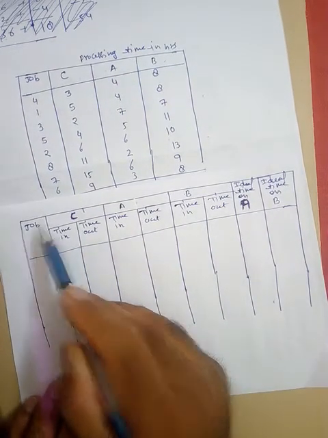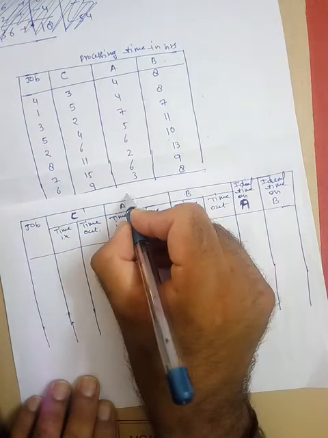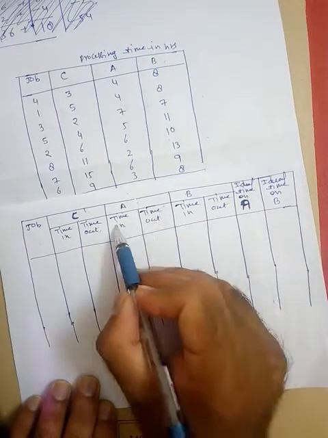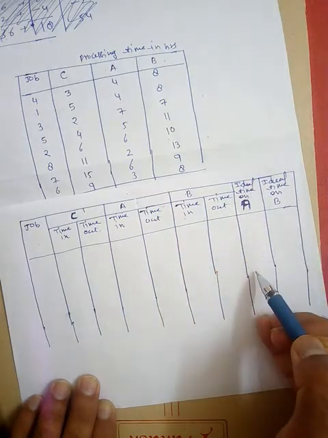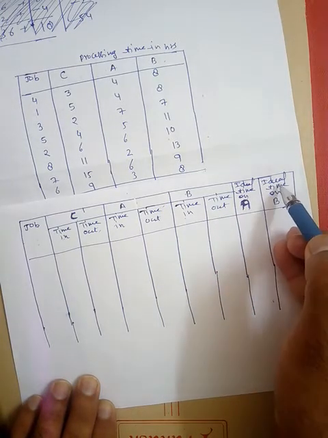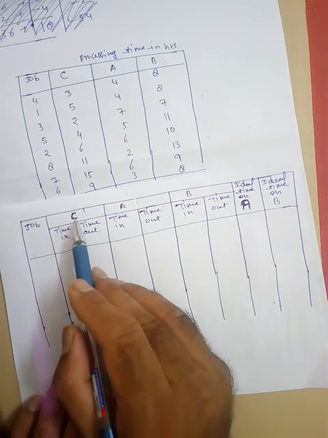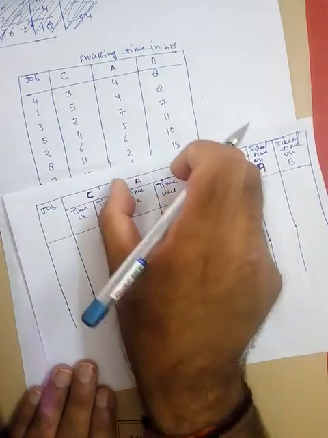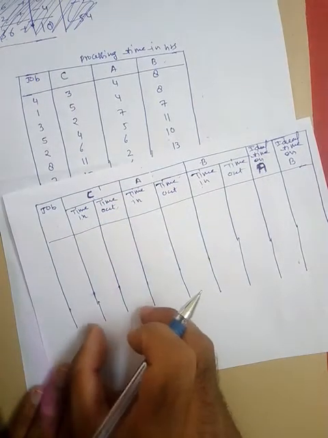Here we have jobs, here we have C, and then time in, time out, because order is CAB. Then machine A, time in, time out. Machine B, time in, time out. Then idle time on machine A, idle time on machine B. So we are discussing idle time on A and B. We are not discussing idle time on C, because we can directly calculate this after computation of the T, which we have done earlier in case 1 also. So we will just find out the idle time of the second machine and third machine. We will not find out the idle time of machine 1. We will find it out later on.